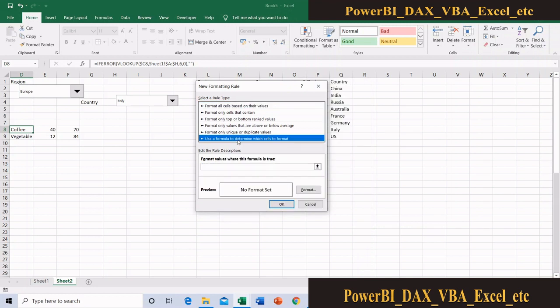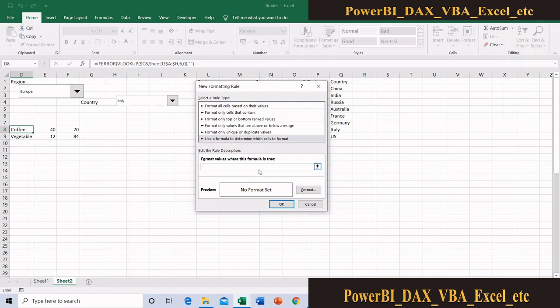Then it is expecting a formula to apply a particular condition. Here we enter a conditional expression, which always returns either true or false. If it is true, it will apply the format. If it is false, it will do nothing.